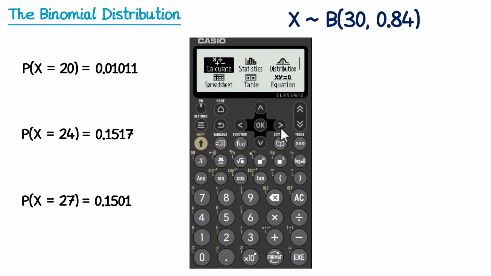On a newer style calculator, we want to go to Distribution. We want the first option, Binomial PD, and then we go down to Variable. And then we need to enter 3 numbers, x, n, and p. X is the number of successes that we're looking at, which in our case is 20, and n and p come from the distribution. n is the number of trials, which is 30, and p is the probability of success, so 0.84. We press OK, and then come down to execute, and if we execute this, we get the answer, which matches